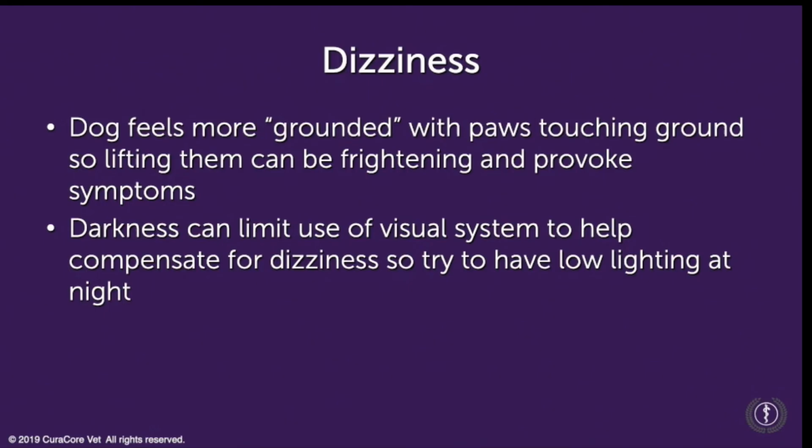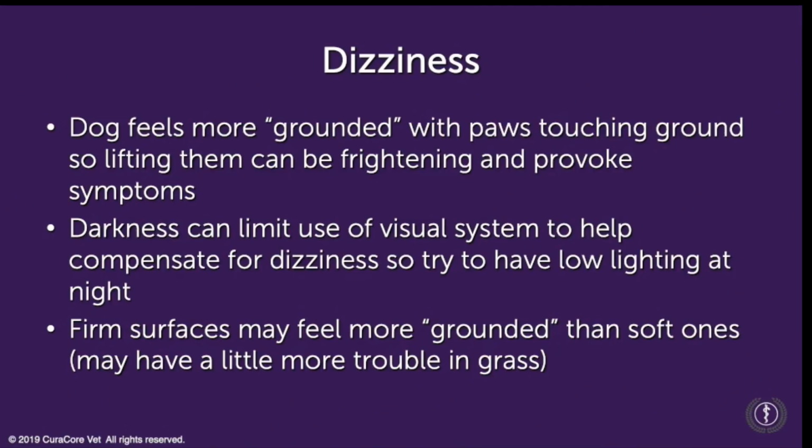They can be miserable for a while till they get acclimated, where they have some dizziness and nausea because they don't have things that are touching their hands and feet to help keep them grounded. Darkness can also exacerbate the dizziness because, again, they're needing to use their visual system to help keep themselves oriented in space. So it's best at night in particular to use night lights or to have some type of ambient lighting to limit that irritation to the already broken vestibular system. And firm surfaces may feel more grounding than soft ones.